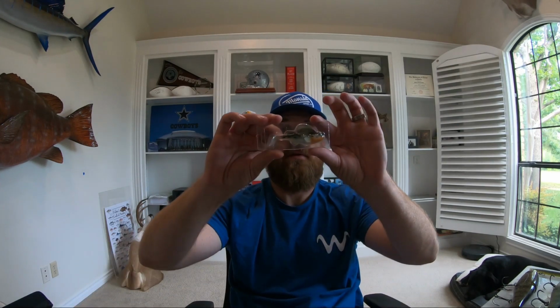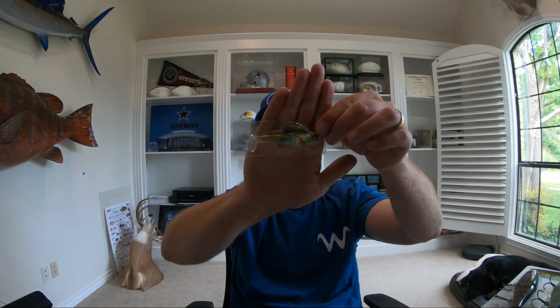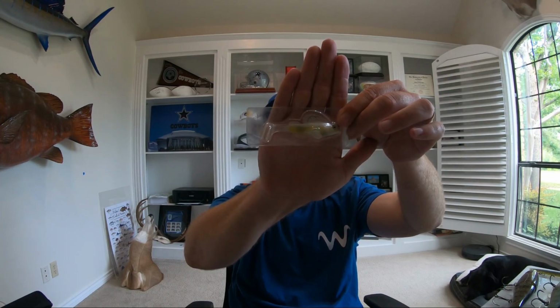It comes in a lot of different weights. Pick your weight, depending on depth or preference, it's really up to you. I've used a little bit of all of them. And they come in a lot of different colors. Just to show you, this is a variant of a little red sunfish with that little orange belly there. This is a similar deal, maybe like a little warmouth with that orange on the tips. And then your white, to either mimic a shad, or if you want to be able to see it,